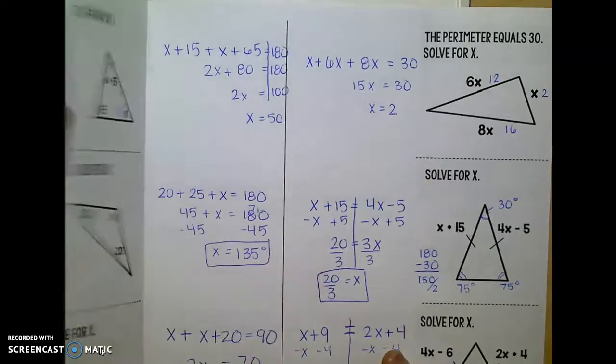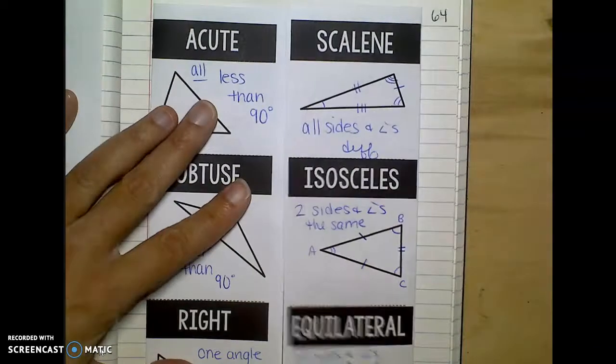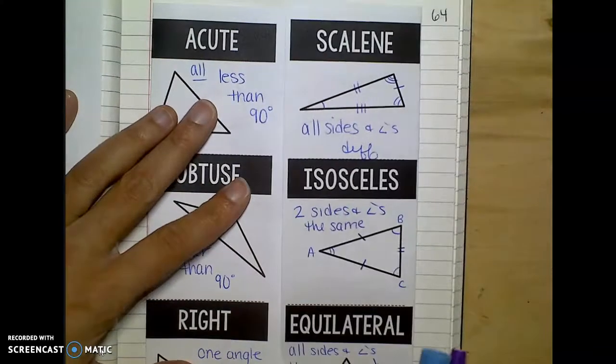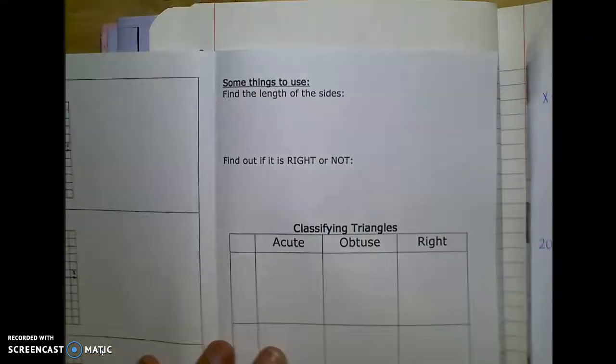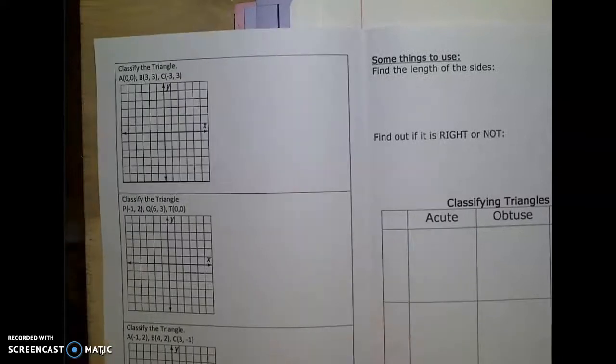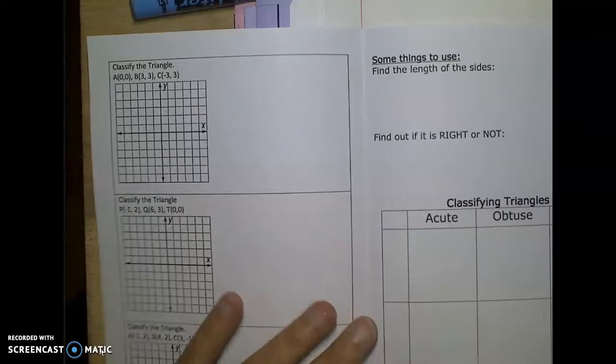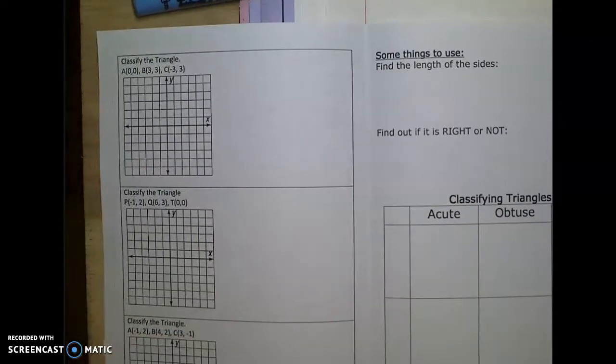Okay, so that's if we had triangles on just plain old paper. But sometimes what I might have are triangles on graph paper, and so we also need to take a look at what happens when I have a graph. So if I were to classify this triangle here, and let me zoom in a bit,